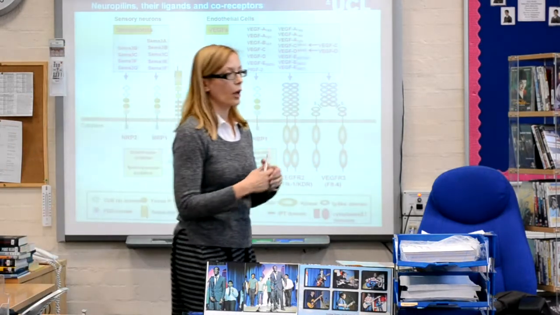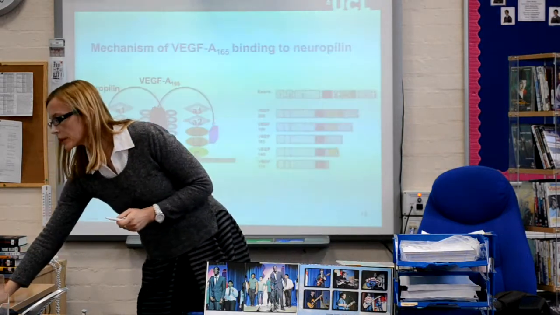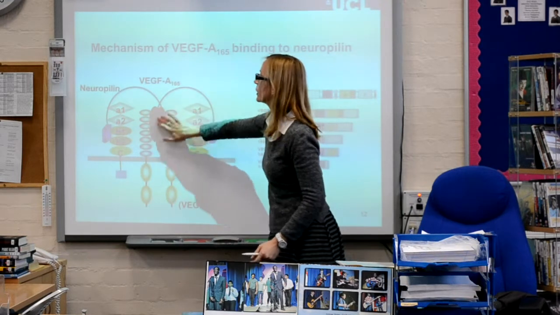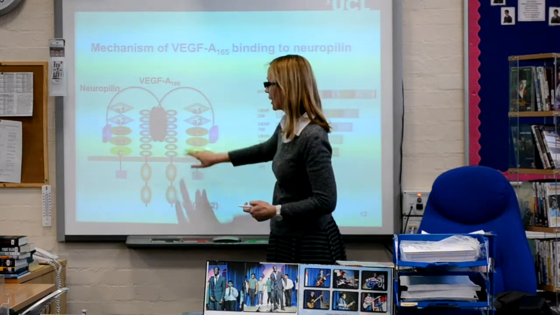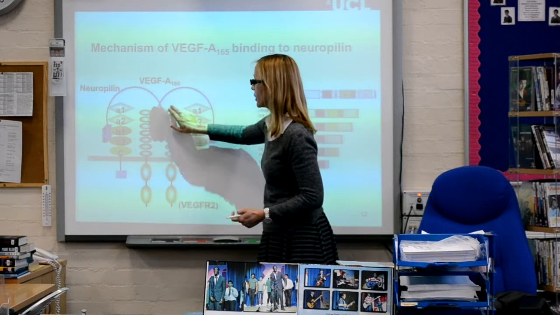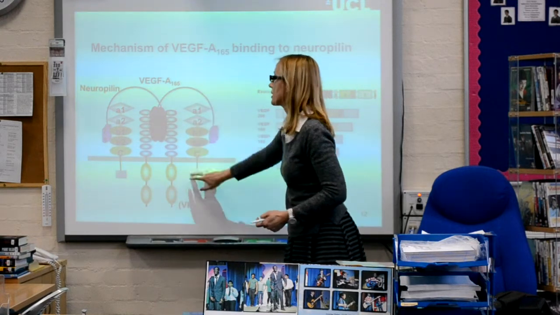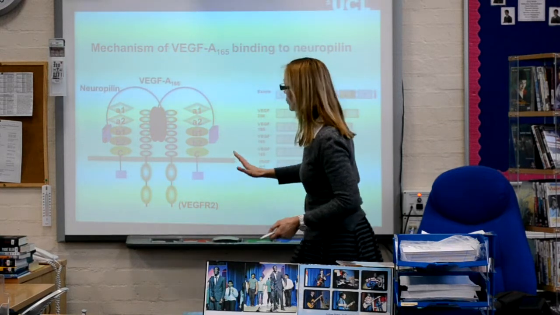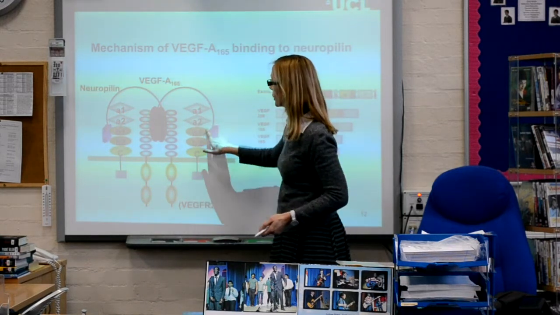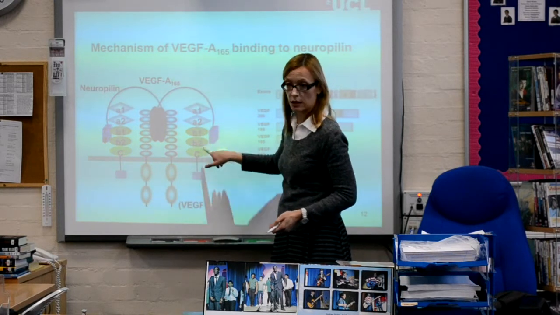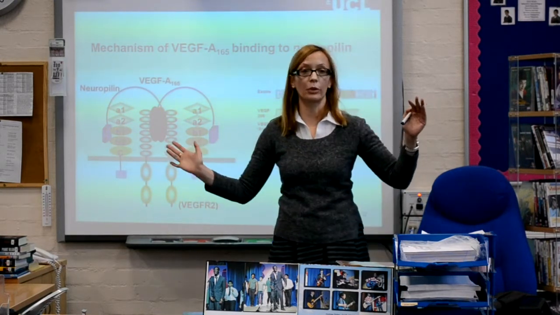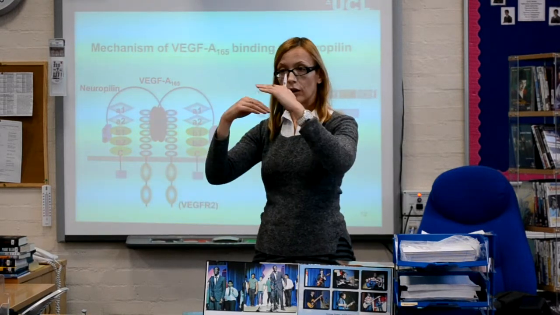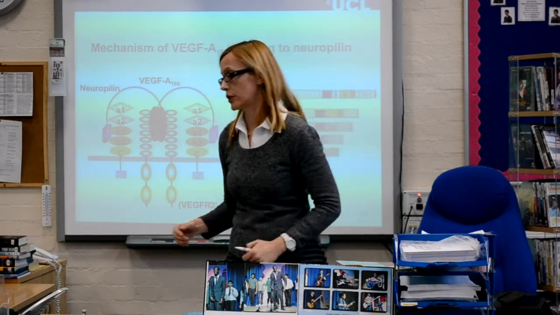As I said, you have a growth factor, VEGF, and this will interact with proteins on the surface of the cell. It will interact with the VEGF receptor as well as with this receptor called neuropilin. What we wanted to do is to interfere with the interaction between VEGF and neuropilin at this site, and basically screw up their business. You know, basically say, okay, this is no longer a functioning receptor-ligand process.